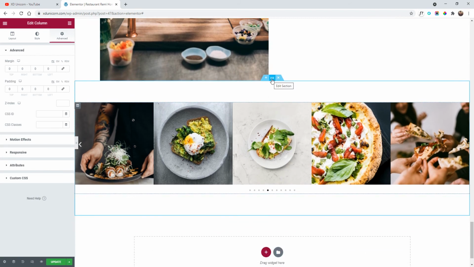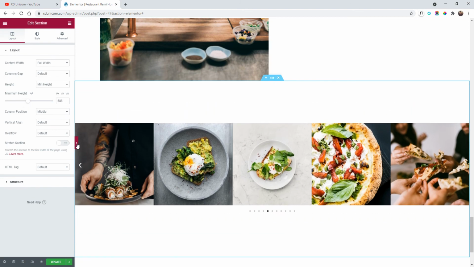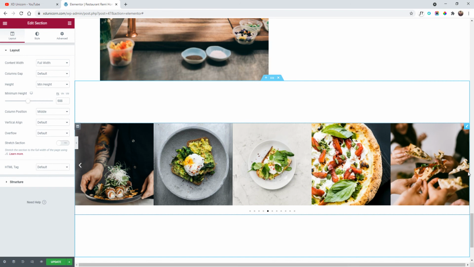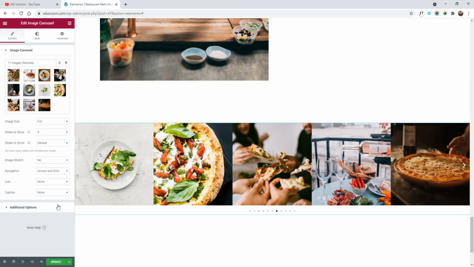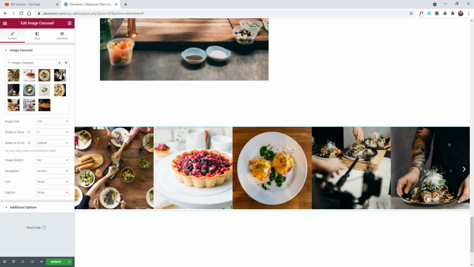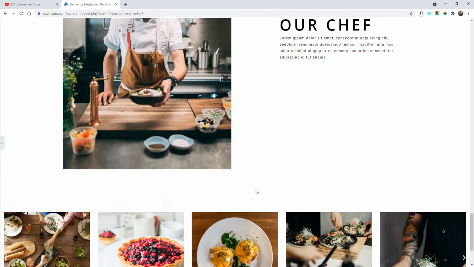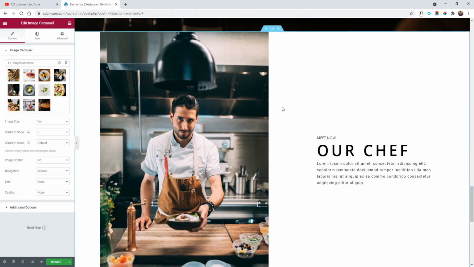So I'm going to change the height more. I don't like it that way, so I'm going to make more height. I'm going to remove the points. I want people to click on the arrows instead of the points, so I'm going to remove this. You can click on navigation and just click on arrows, so you have only arrows, or people actually can drag the gallery. For me it's okay like that. Great. Let's check it again. I like it. Copy this section and paste it